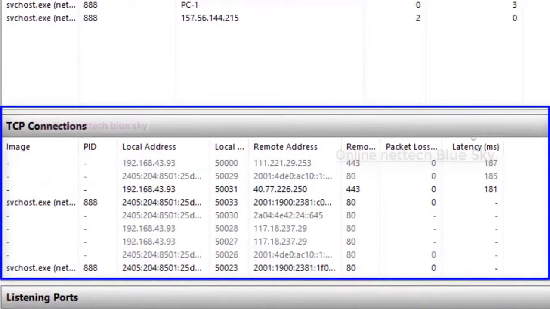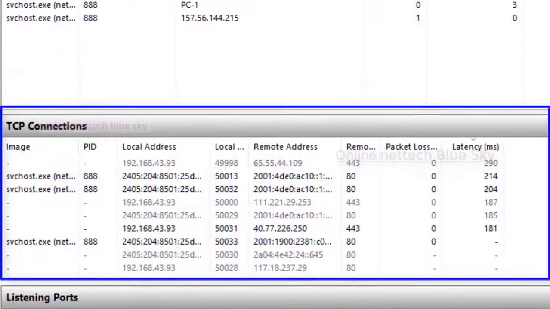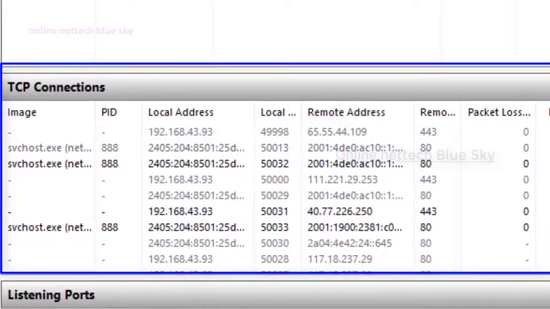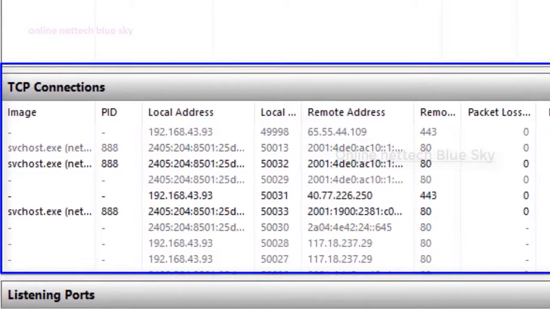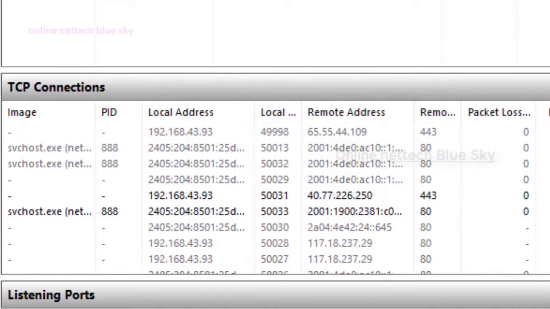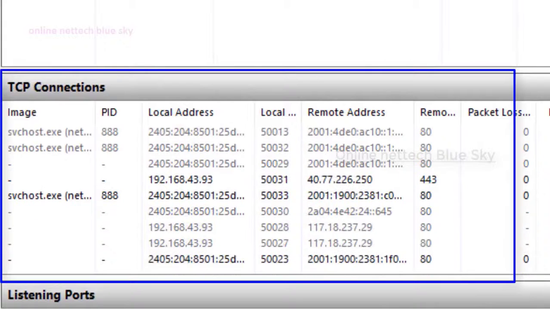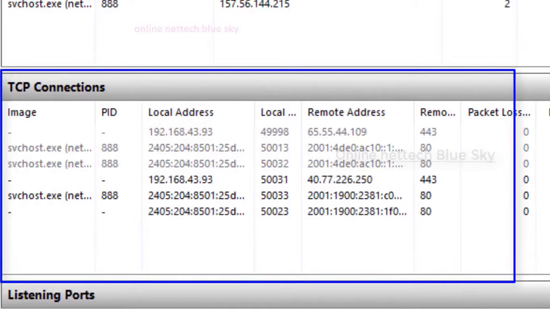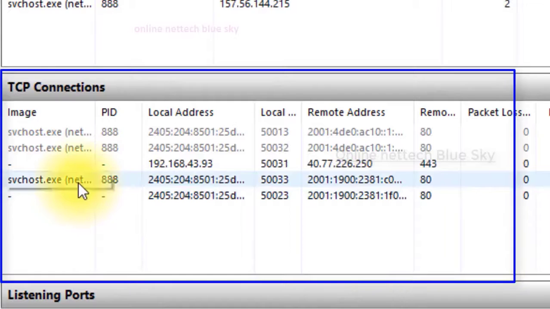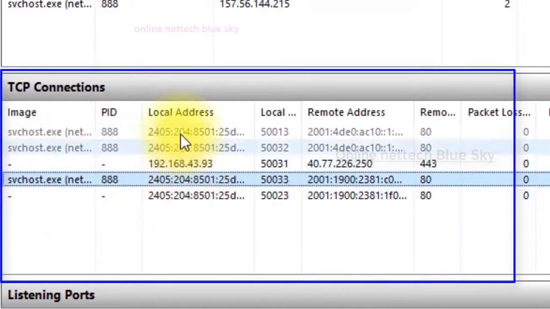TCP connection shows here. There are two types of connections, TCP ports and UDP ports. I will discuss them in the TCP and UDP protocols. But this is a Transmission Control Protocol connection, working with some files and processes. You can see the address here, and my svchost.exe. This is a host file available in my network, and it always uses host connection systems here.